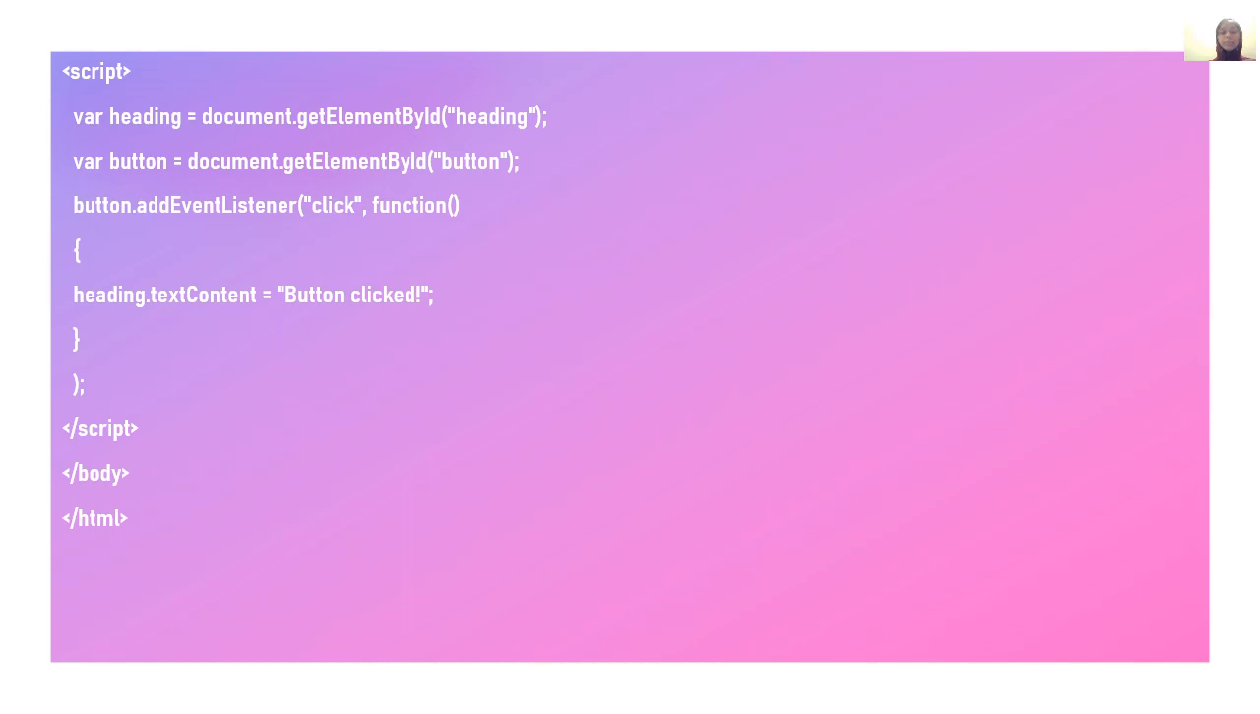And when the web page is loaded, the JavaScript code will be executed, and it is going to select the h1 element and the button, attach a click event listener to this button, and define the action to be performed when the button is clicked. When the button is clicked, the event listener function is triggered, and the text in the h1 element is changed to "button clicked". So this is the basic example of how JavaScript works by manipulating the DOM and responding